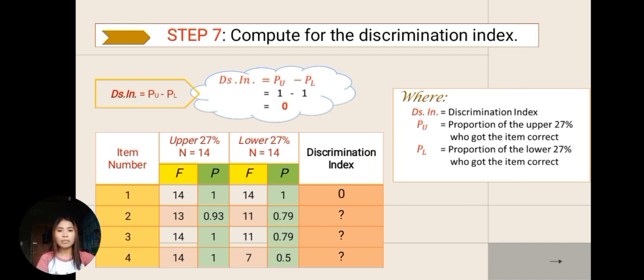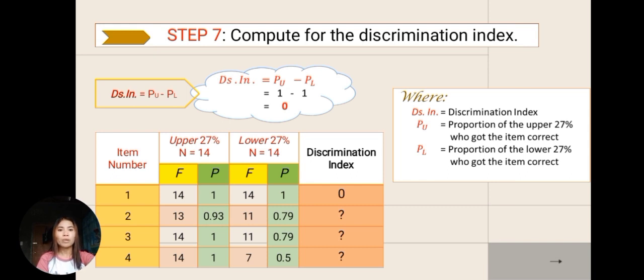In this table, from the previous slides of proportions and frequencies in the upper 27% and in the lower 27%, we need to substitute those proportion values into the formula of the discrimination index. In item 1, we have a proportion in the upper and lower 27% of 1, therefore P sub U minus P sub L is 1 minus 1, which is equal to 0. Therefore, our discrimination index in item 1 is 0. So, in item 2,